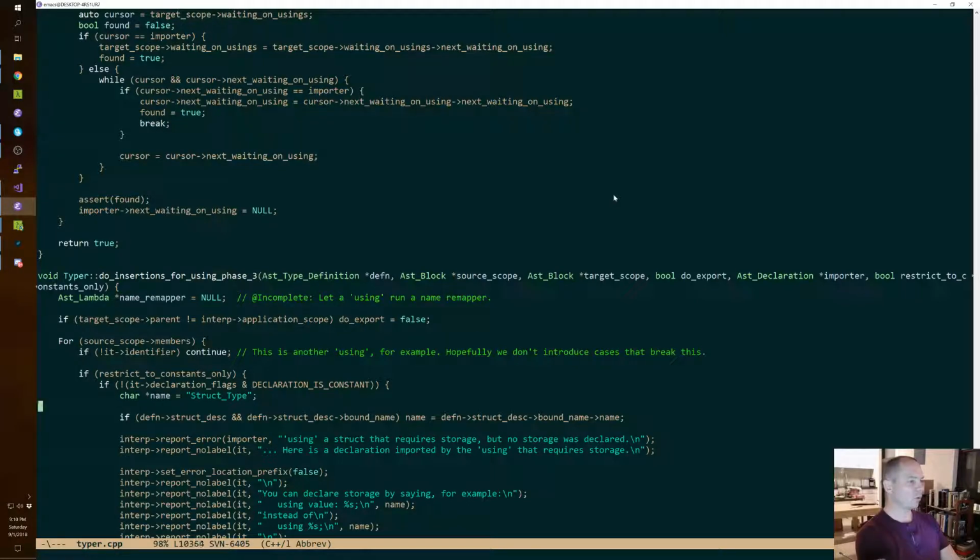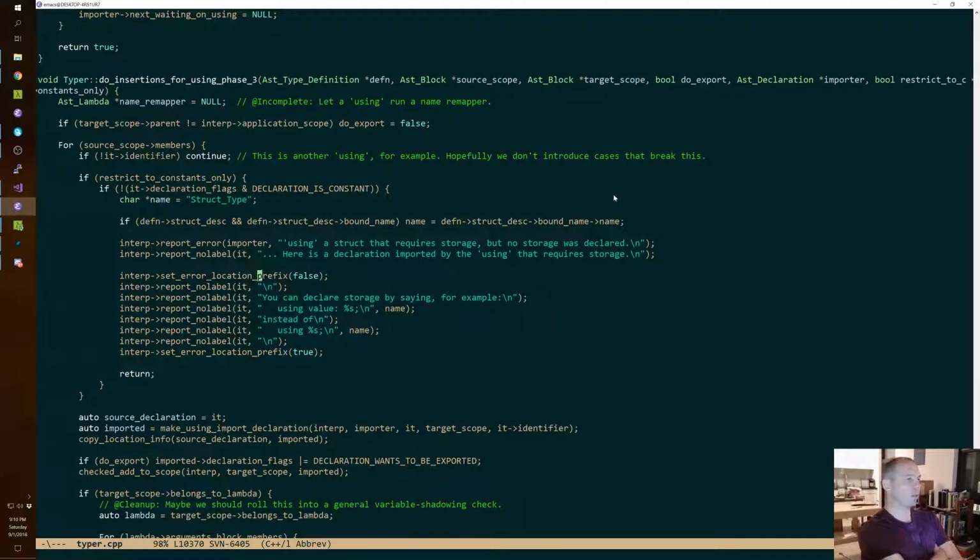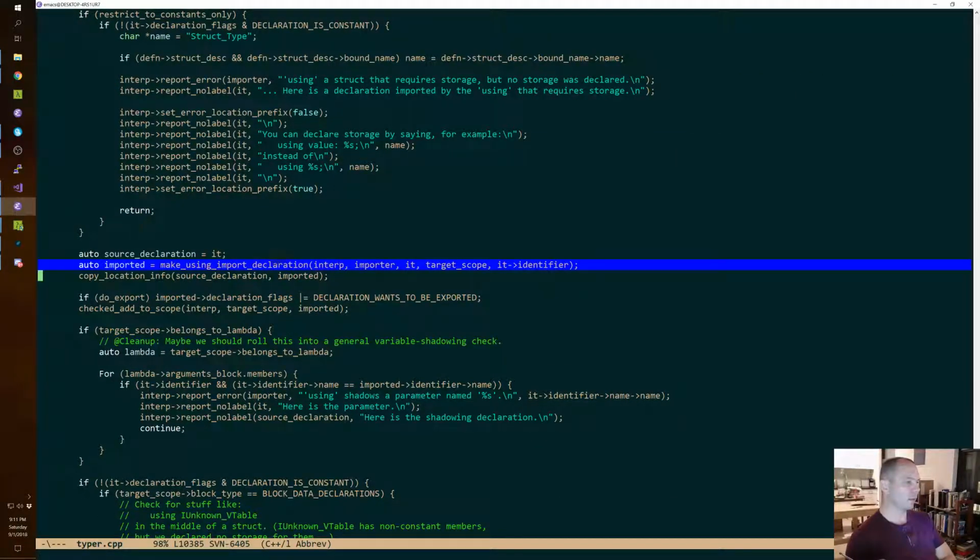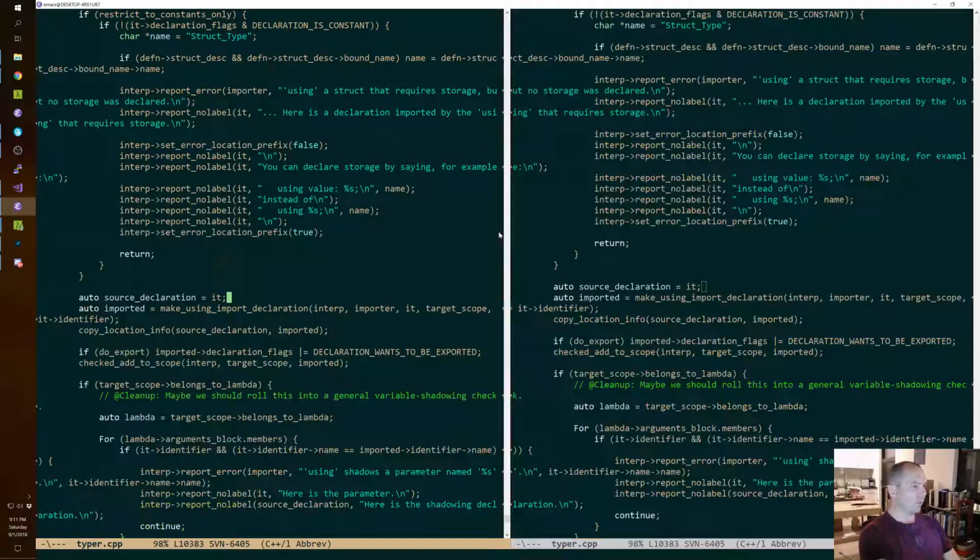We've got this thing called do insertions for using phase 3, where we go through a source scope and we make import declarations that we put into the target scope. And, well, we actually want to make this a loop.